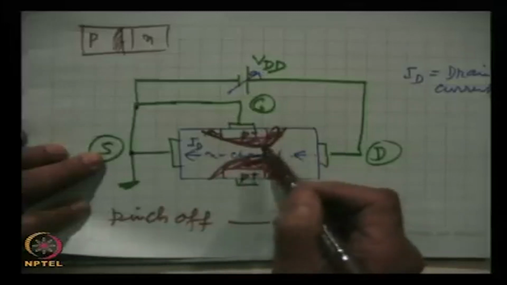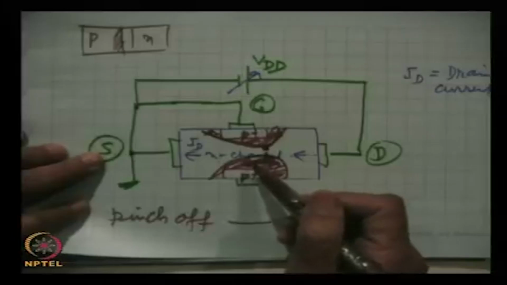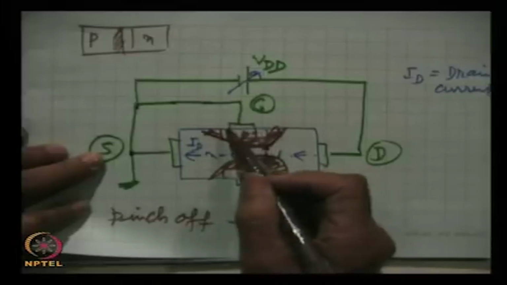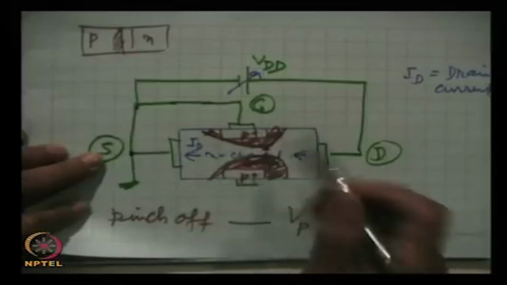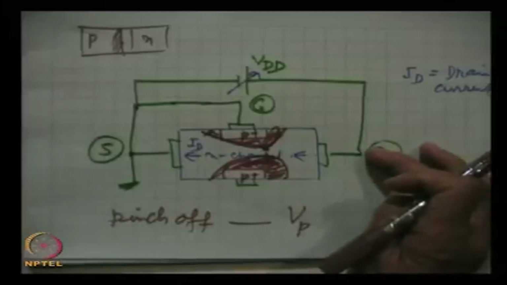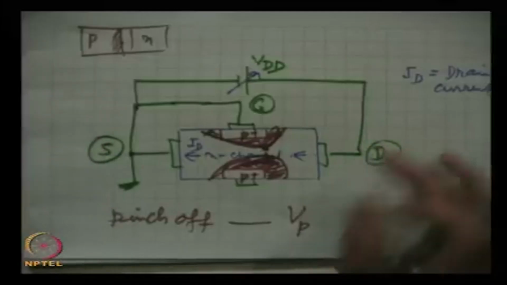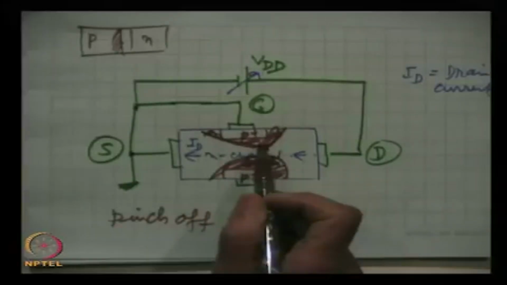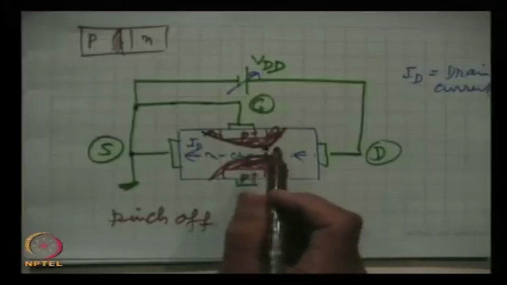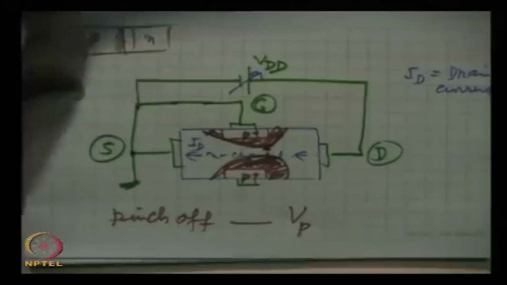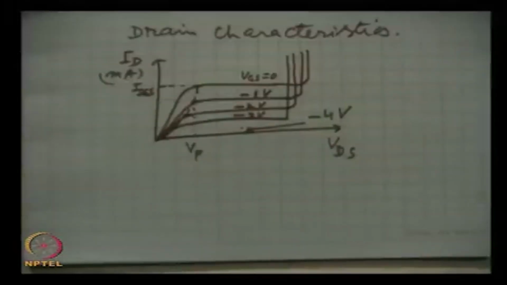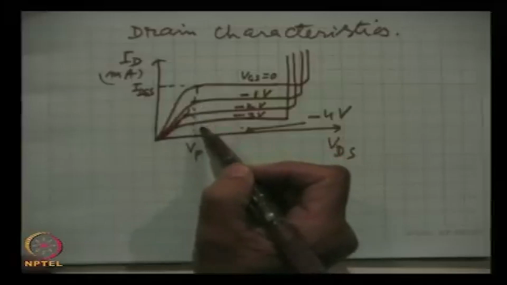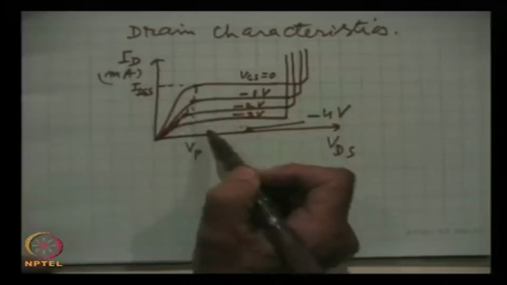Depletion will increase, and it will increase towards the channel. So, instead of 0 volts, when we make it minus 1 volt, the conductance of the channel will fall, because in the channel now more portion of the depletion region exists, and hence on increasing the gate voltage, the drain current will keep on falling, it decreases,